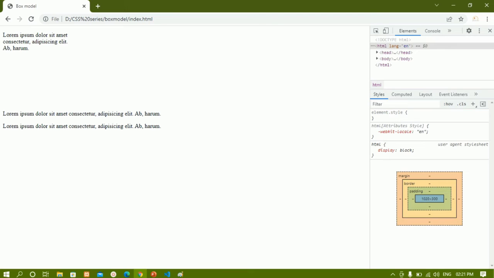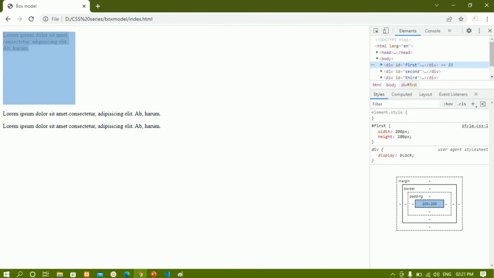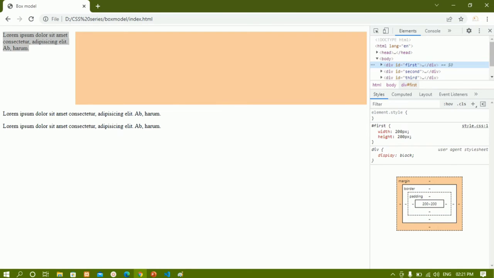Now this div container is going to take 200 pixel of height and 200 pixel of width. Okay, this space, whatever you are seeing below this one, is nothing but height. We have not added any padding and margin. You can see whenever I hover on this first div container, it indicates the content. It is not any padding, it is not any margin, it is just a content space. Padding I'm not having, border I'm not having, margin I'm having this entire thing, because the paragraph we are still having.